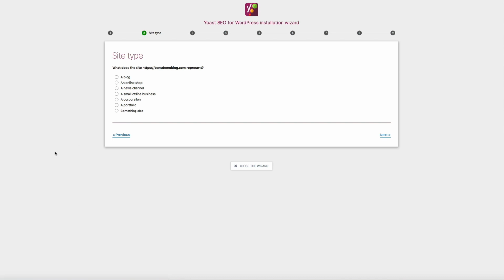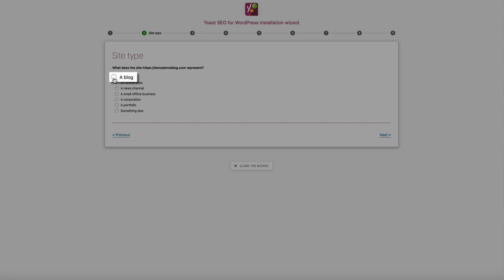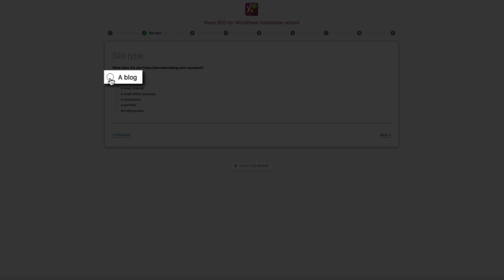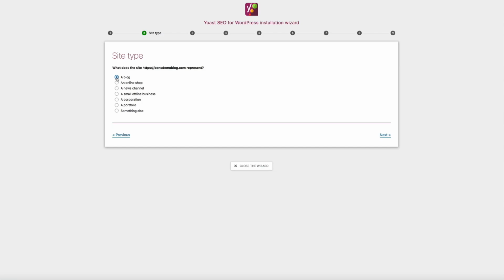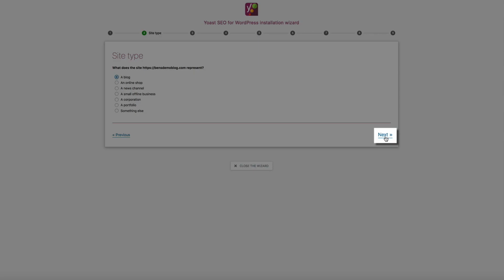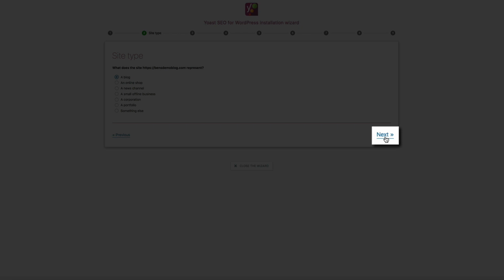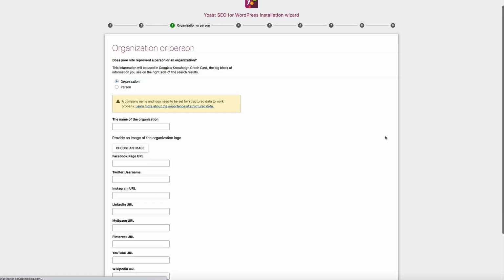Next is site type, and I'm selecting blog since this site will have blogging capabilities. And let's keep going, so click the Next button. Next, Yoast is trying to determine whether or not you're an organization or a person. So if you're an organization, type in the name of your organization, upload your logo, and add your social network's URL. But if you're a person, aka a blogger, select person,